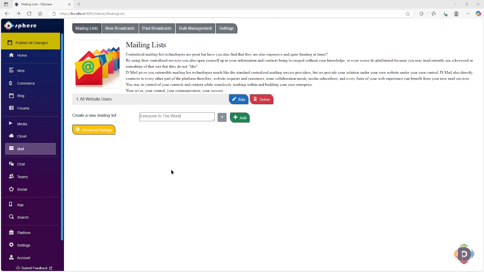But really, if you have your own mailing list with your own people and you want to be able to communicate with those people, who am I or anyone able to say, no, you're not allowed to email anyone for any reason? Come on, it's emails. So this is the point of DSphere.